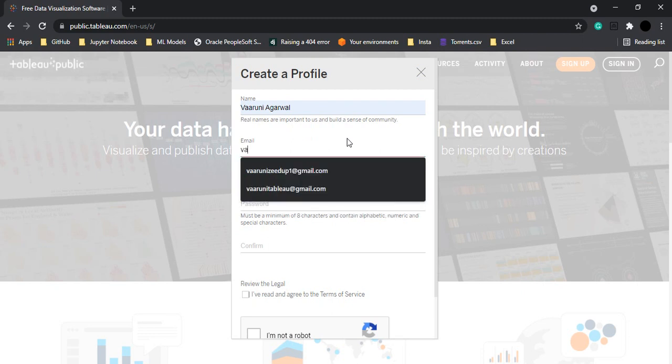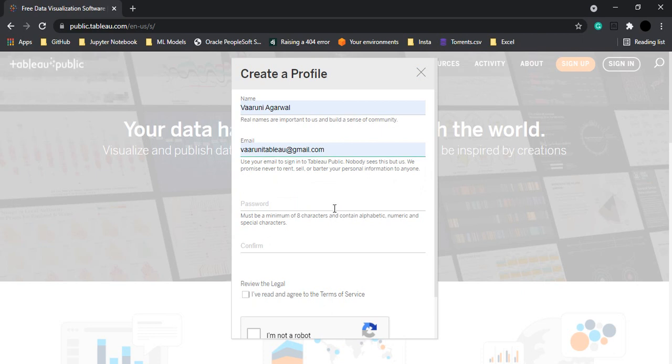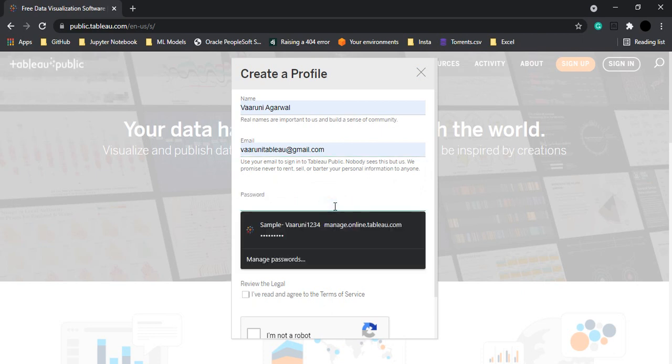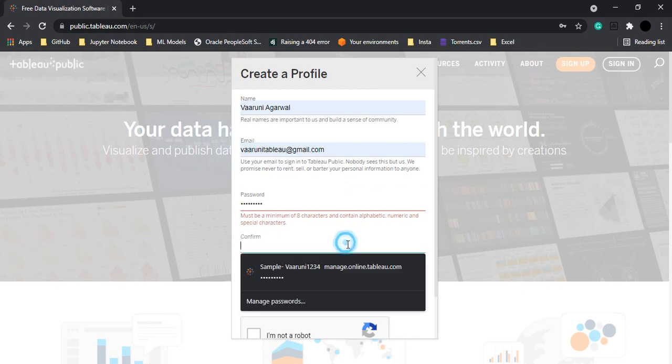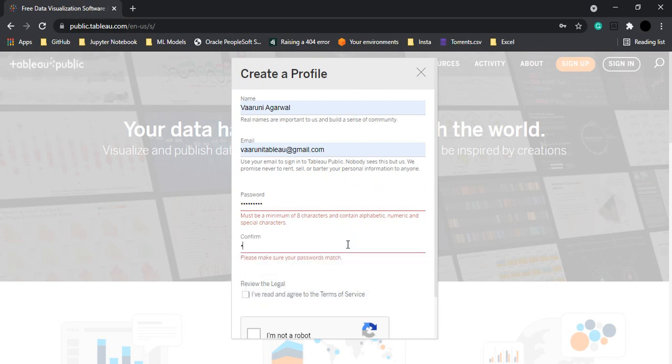So let me just provide my details like here, and a simple password as well. Okay, and the password, sorry, confirming the password.